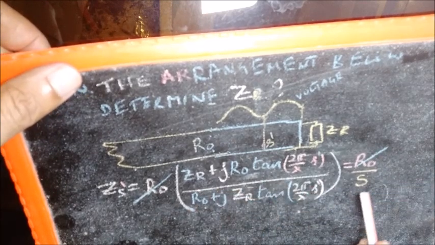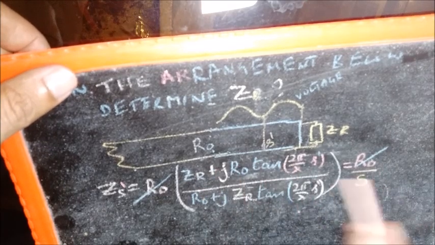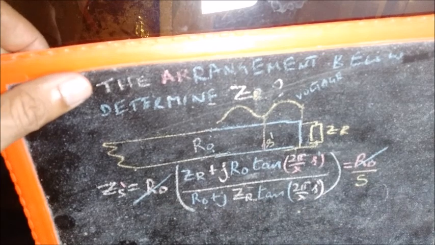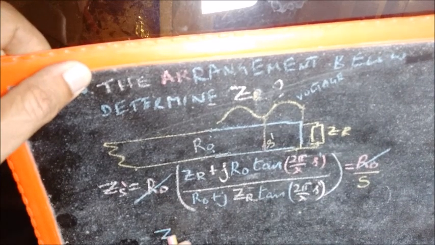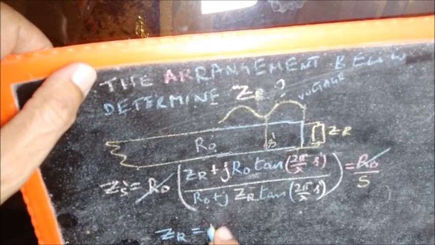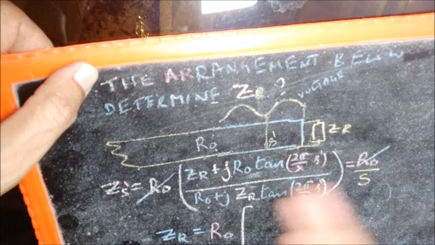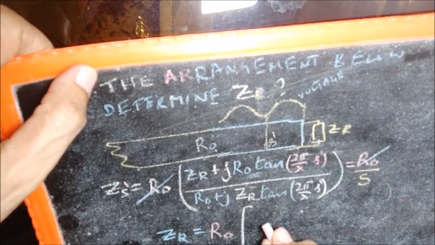Again, the steps involved are quite simple. Manipulate the terms here and there so that you get ZR, and the expression will be ZR equal to, verify the expression, spend 5 minutes and just do this,